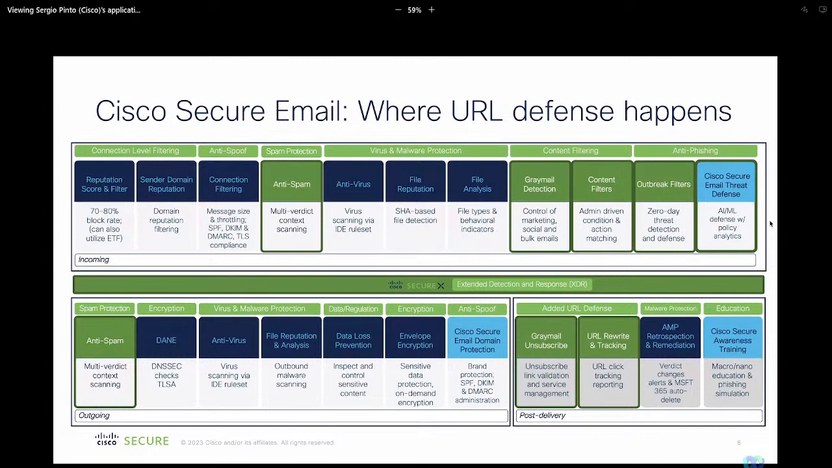The outbreak filters, where the Cisco Talos research team provides the latest attacks and the latest information for these outbreaks that we see in the world, and many of them have URLs attached. So this information is provided almost in real time by Talos to the secure email solution, making sure those URLs get blocked. Of course, Cisco Secure Email Threat Defense to analyze any internal emails, not only incoming and outgoing, but